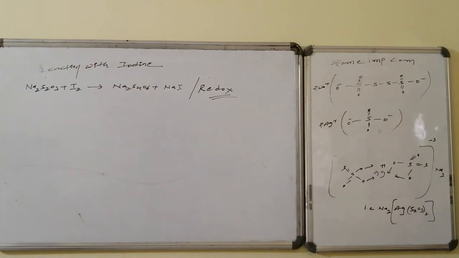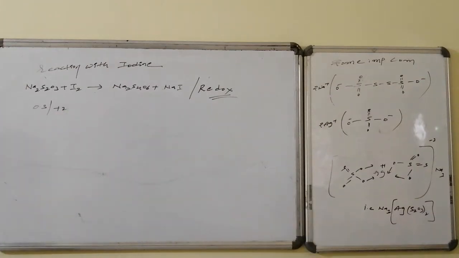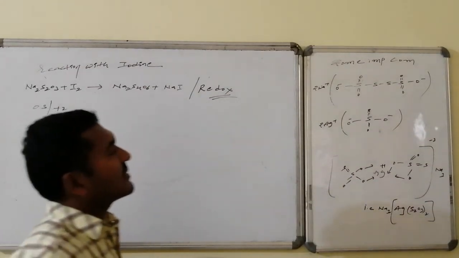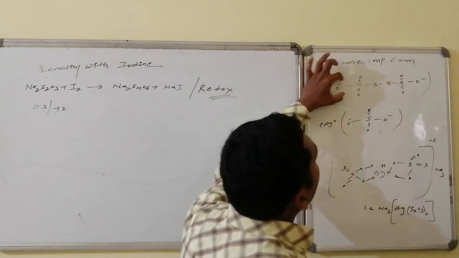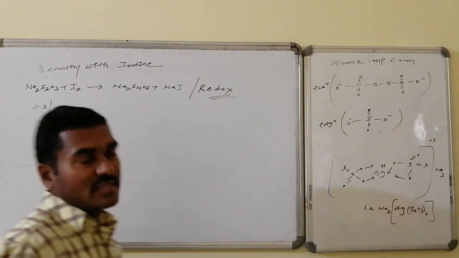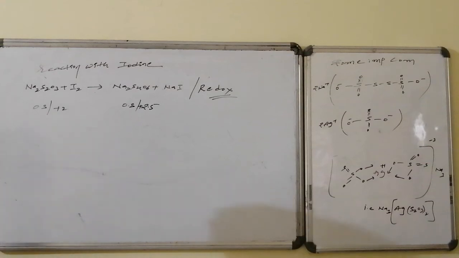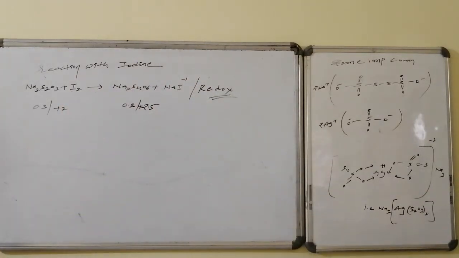Sodium thiosulfate on reaction with iodine gives sodium tetrathionate followed by sodium iodide, and in this reaction the average oxidation state of sulfur is +2, whereas in sodium tetrathionate, Na2S4O6, the structure is like this. The average oxidation state of sulfur is, see here, it is maintaining 5 and 0 for these, so the average oxidation state is 2.5. So the oxidation state of sulfur is increasing, sulfur is undergoing oxidation. Similarly, iodine is undergoing reduction, I0 is converted to I-1.